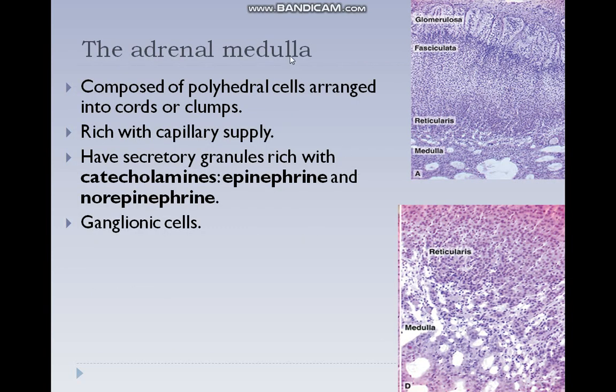The adrenal medulla, which is the central region of the gland, is highly vascularized. The cells are in irregular cords, and they show their secretory granules in which the secretion is stored. The granules contain a catecholamine, either epinephrine or norepinephrine. It's important to consider that the cells of the adrenal cortex do not store hormone. They are synthesized